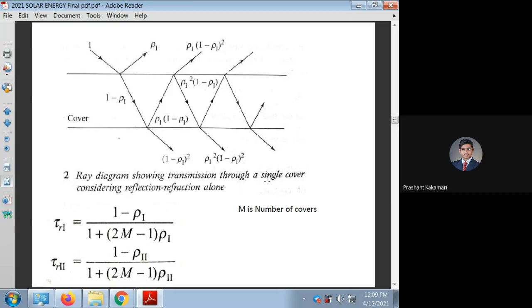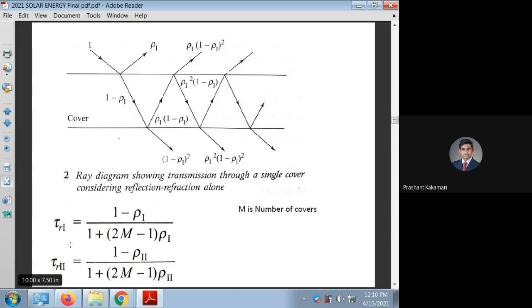For a single glass cover, how the passage of solar radiation takes place with reflection and refraction will be considered. Absorption is not considered. So if you go on adding all the parameters which pass through the glass cover, (1 minus rho 1) squared plus rho 1 squared into (1 minus rho 1) squared, these are the values which keep reducing continuously. So if I sum up all these values and find